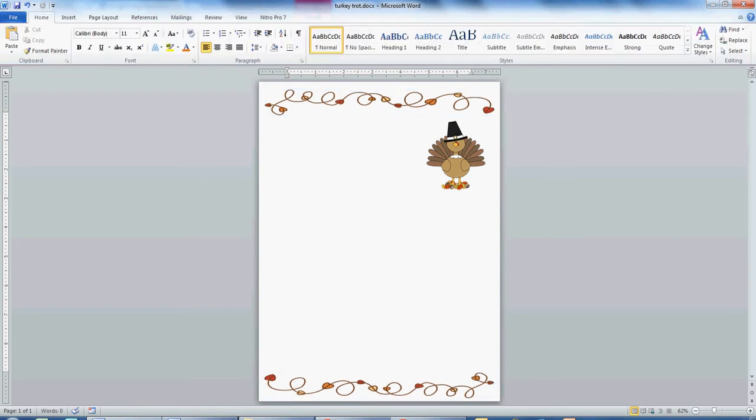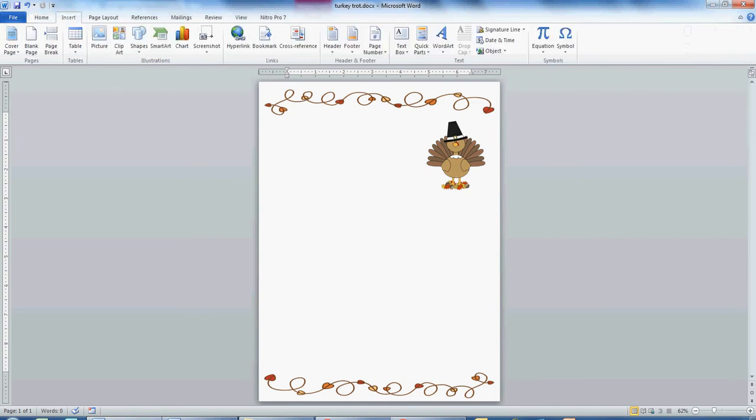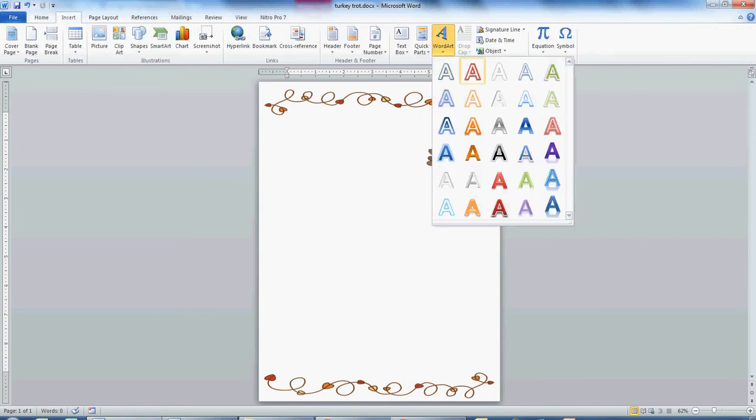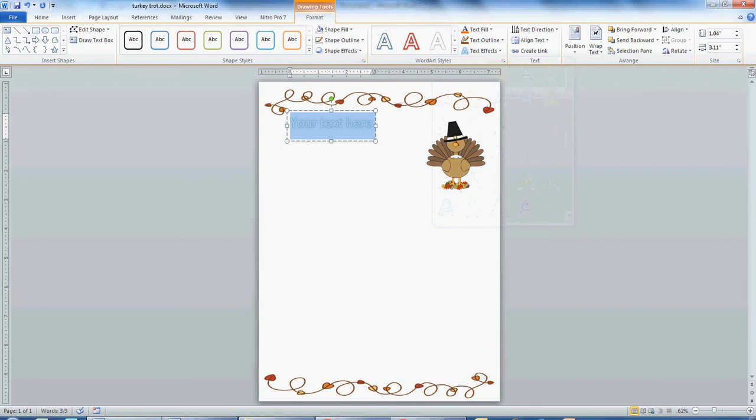There looks about good. The next thing I did is I went to my insert menu and I did word art. Word art, if you're used to programs like Publisher or PowerPoint, works a little differently. Among each of the Office programs, it works differently in Word than it does in Publisher, and I'll show you how. In Publisher here, if I were to drag my word art text box, the font and everything in Publisher would change to fit the box exactly, whereas in Word it acts pretty much just like a